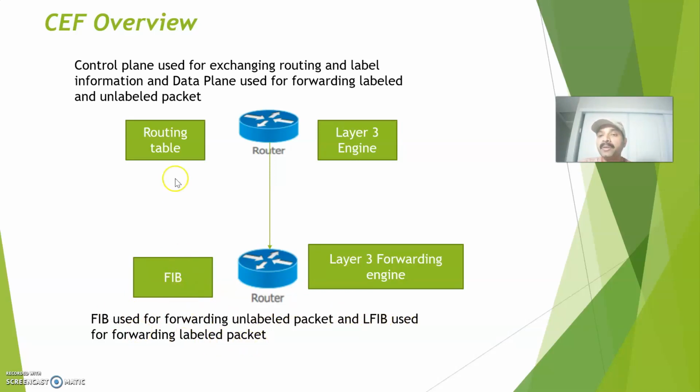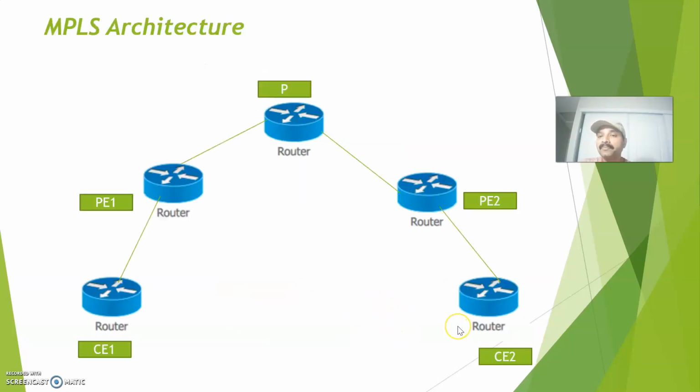In the case of FIB, the routing table will be repopulated into the FIB, and in the case of labels, the LIB, the Label Information Base at the control plane, will be repopulated into the LFIB, the Label Forwarding Information Base. So using this LIB, it will rebuild this LFIB, which works at the data plane. Based on that information, it will forward the packet based on the label information. That is the purpose of MPLS. It will use this information to forward the packet.